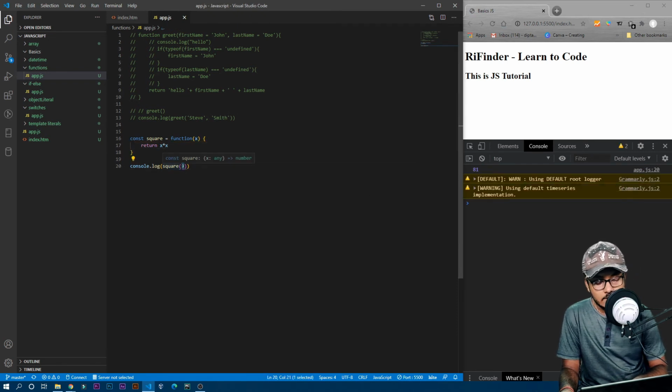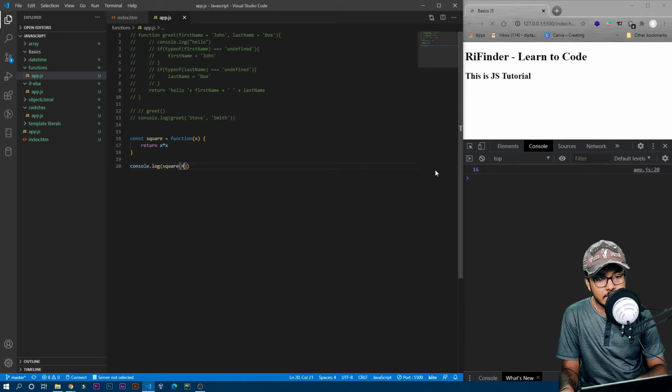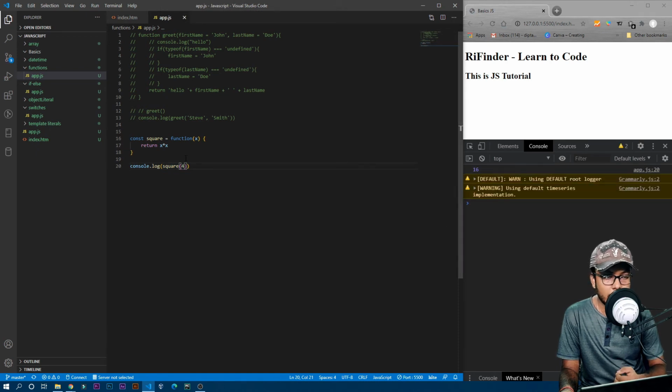Similarly, if I write 4 over here and save it, it will print the square of 4. But if you don't pass anything inside the parentheses, it will print NaN, which means not a number. But I want the default value to be 1. If the user doesn't pass anything in the parentheses, you can just pass the square of 1. So you can see now it is printing 1. This is an alternative method to create a function.